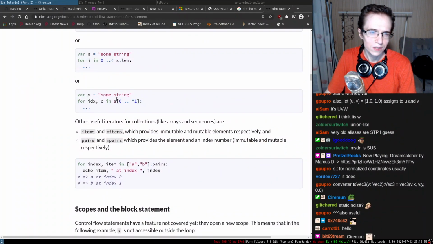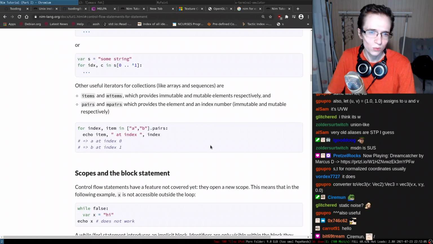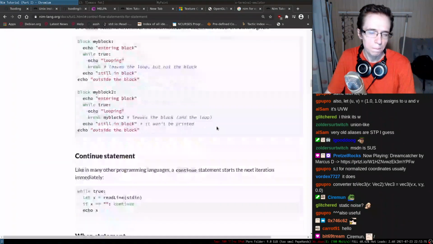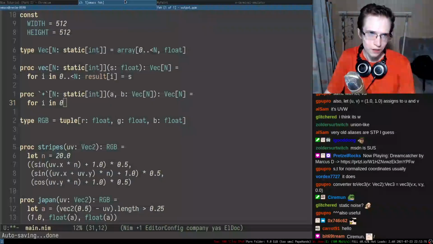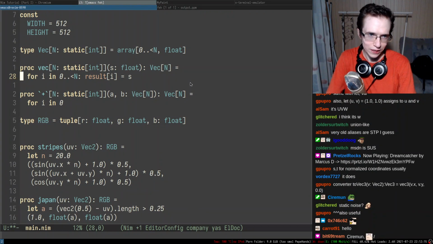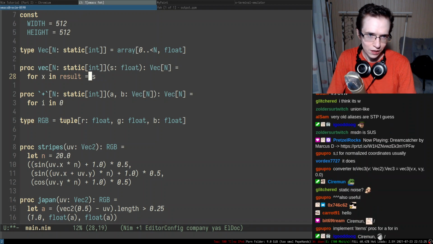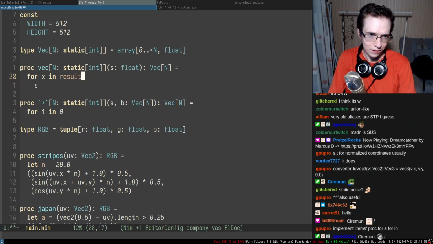So we have an index and we have an actual value, but I also want to be able to iterate this entire thing by reference. Right, ideally I would like to have something like this where I have a component and then I just iterate the result, and I also set each individual component to the value.